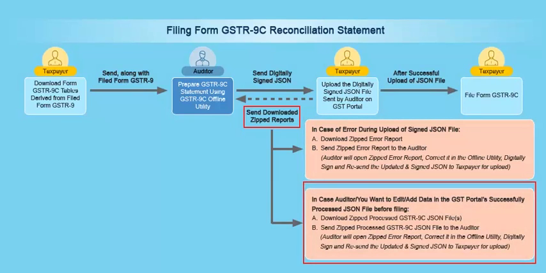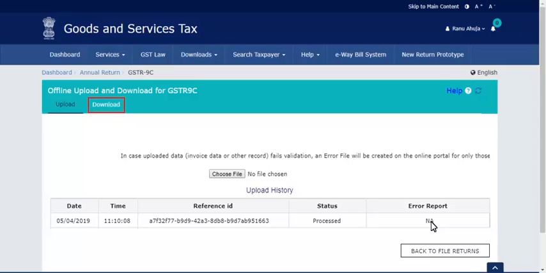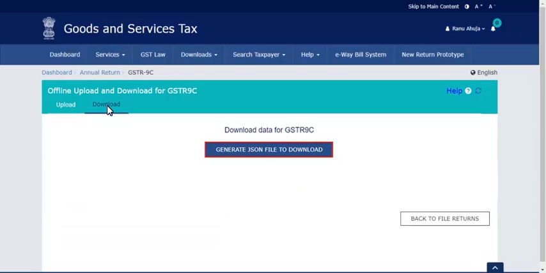In case you or the auditor want to subsequently add or edit already successfully uploaded data before filing, you need to download the processed report. For this, from the Offline Upload and Download for GSTR 9C page, go to Download section. Click the Generate JSON File to Download button.